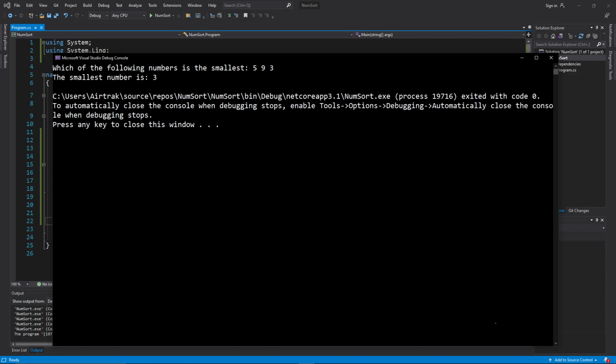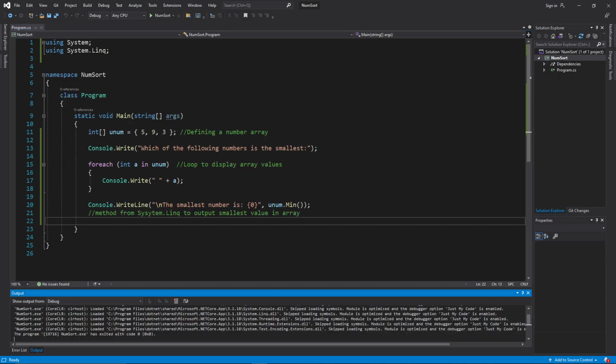Now for the other examples of that programming, where you could do it to any length of numbers as long as they're in the array, it'll always pull out the smallest or the largest. So if we change that to max,